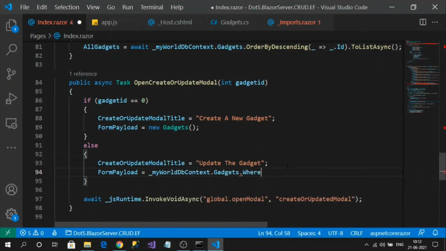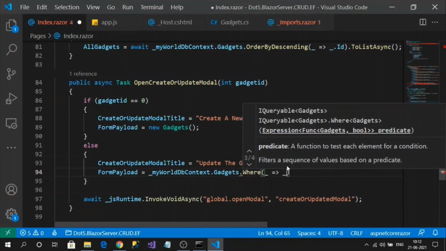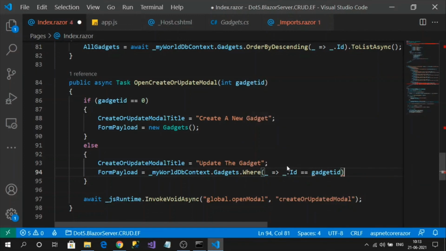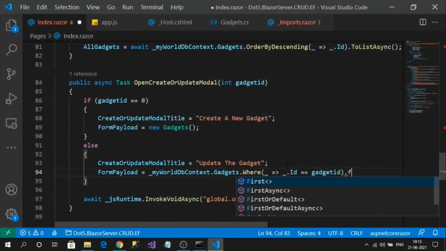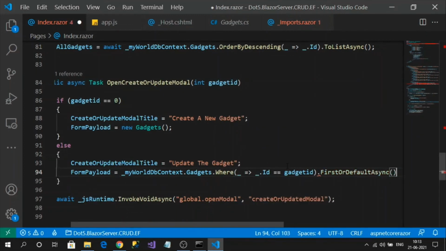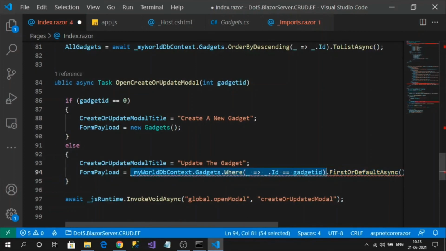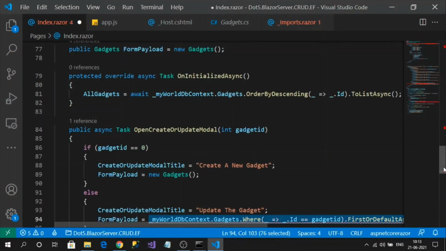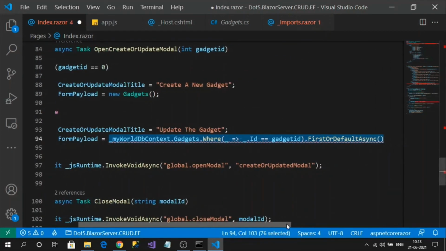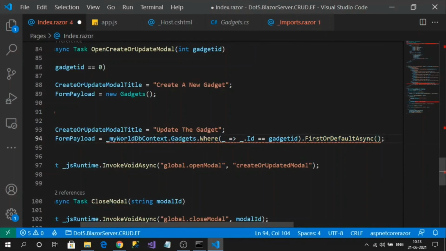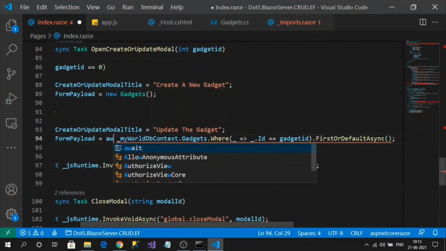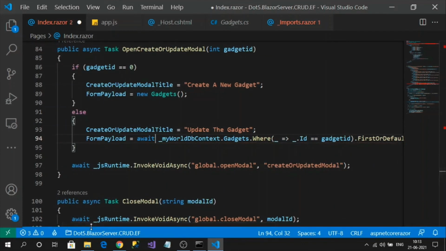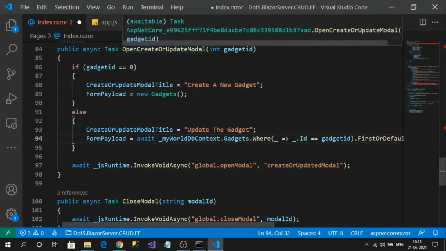I'm going to filter the database to get the ID related data so that my form gets populated with the data from the database, right? Generally this will generate the SQL query, LINQ to SQL query. It should be awaited. So that's it, the changes for my open create modal.